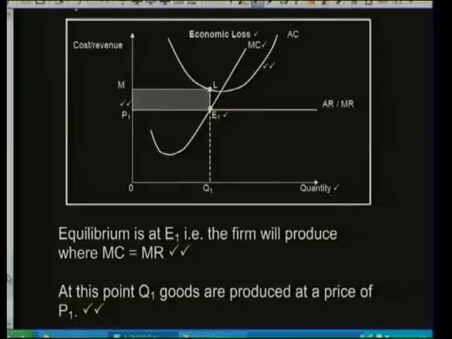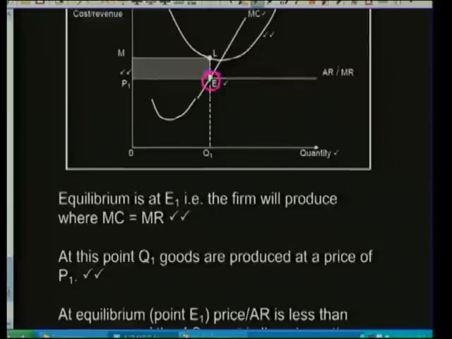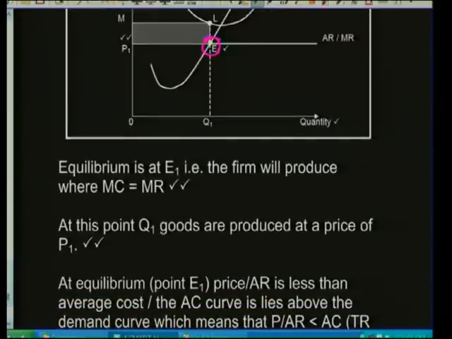Looking at the graph here, the equilibrium is at E1, as we've indicated before. The firm will produce, again, where marginal revenue equals marginal cost, which is at point E. At this point, Q1 goods are produced at a price of P1. So there's your quantity, there's the price. So this is where you operate if you want to make normal profit. At equilibrium point E1,